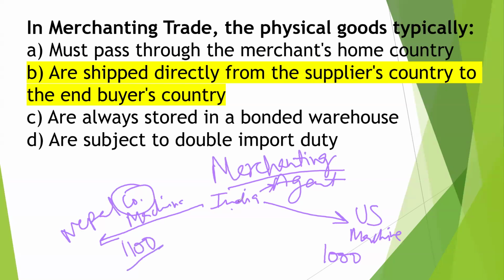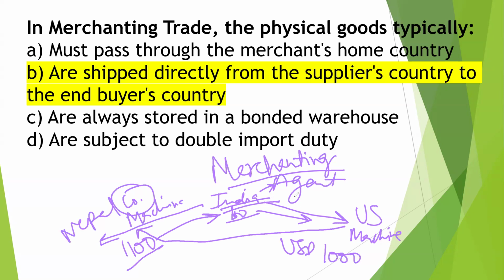$1,100 with his commission. Once the deal is done, he will take $1,100 from Nepal, deduct his commission of $100, and remit USD 1,000 to the US machine company. And this agent will tell them to ship the goods directly to the Nepal company. So goods go directly from the supplier country to the buyer country. The supplier is the US person, and the buyer is the Nepal company. So it will go directly, it will not touch